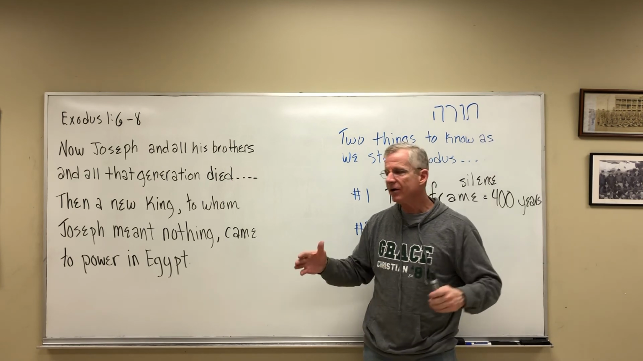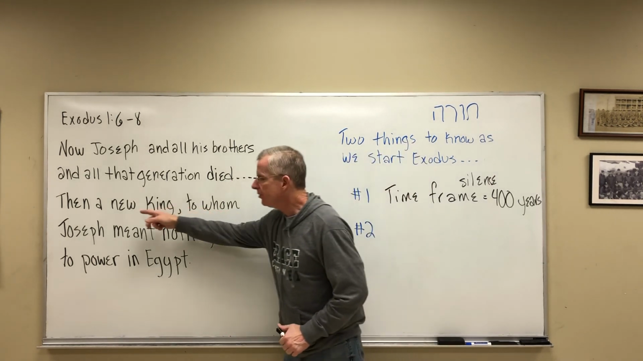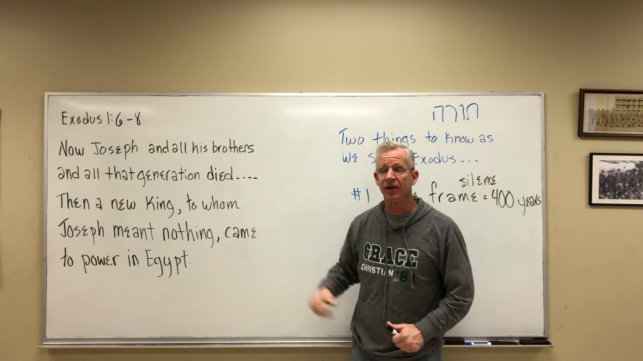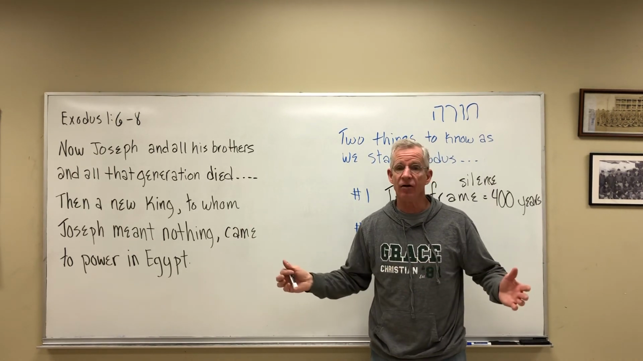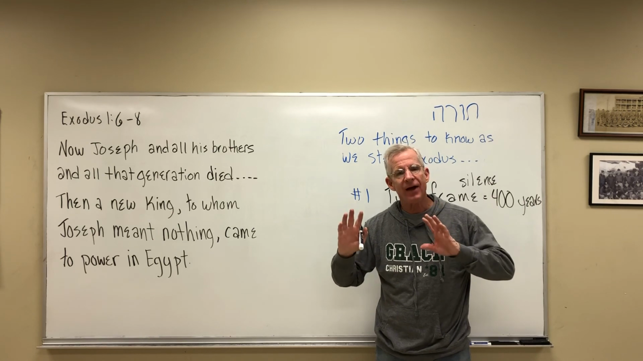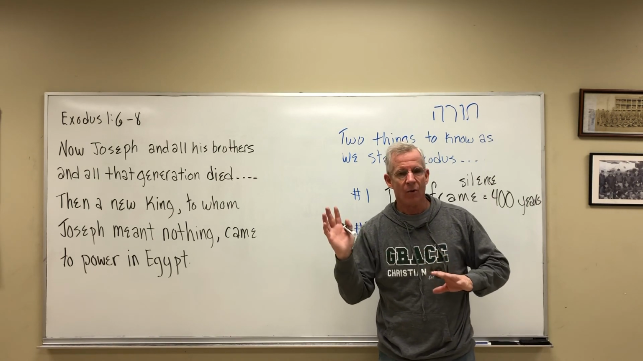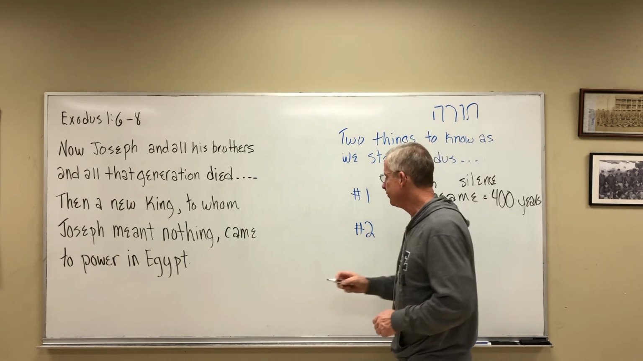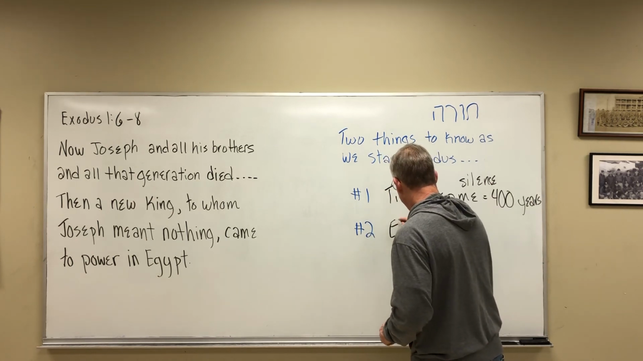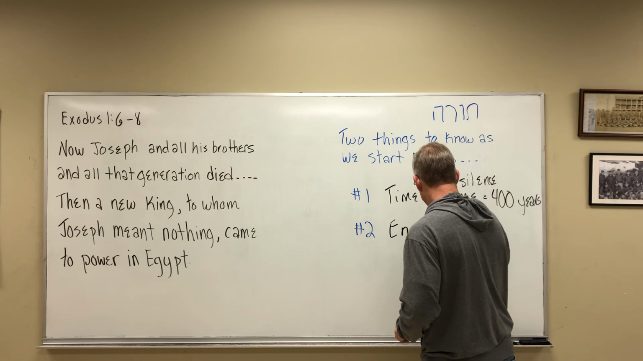Well, here 400 years have passed, and now there's a new Pharaoh, a new king in Egypt. That king didn't know who Joseph was, and didn't care to know who Joseph was. All of that had become a memory that had disappeared. And that led to the second thing we need to know about the story